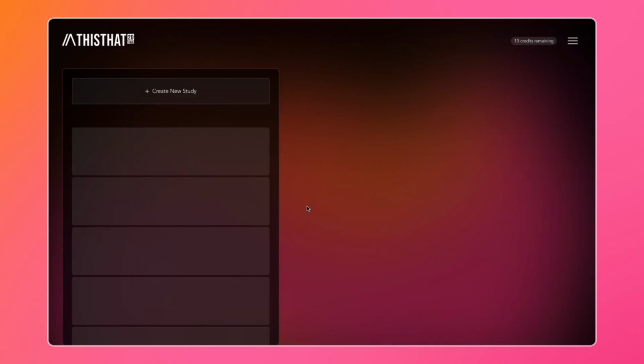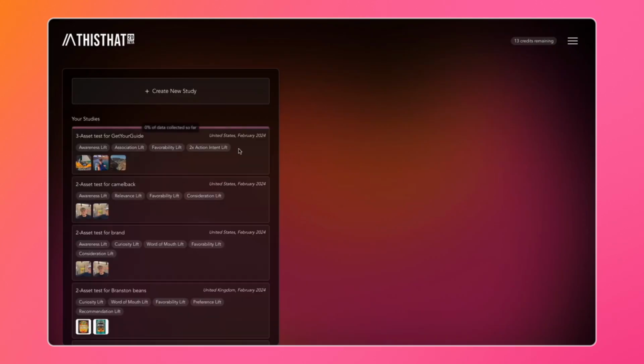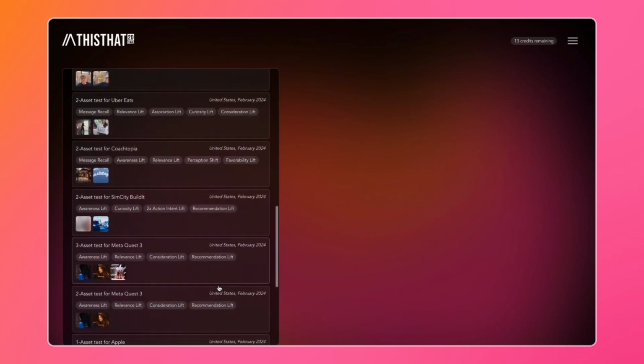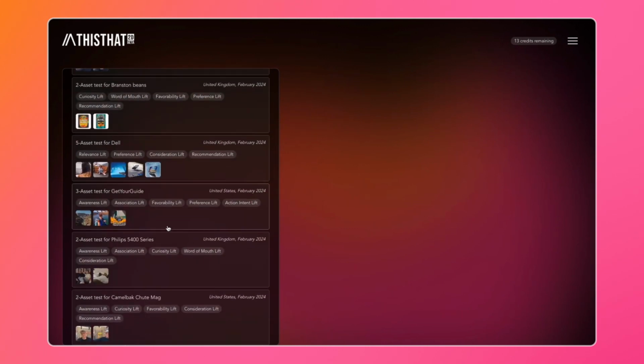Now we can track that study on our homepage. You can see here our three asset test for Get Your Guide is in progress. We've currently collected 0% of the data, but I'm going to continue with the video and show you a previous one that we launched. I'm going to come back to this and we'll see how much data it's collected by the time I finish the demo. So as I said, we launched this a little while ago, a very similar